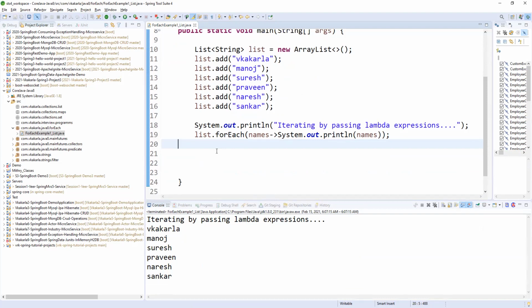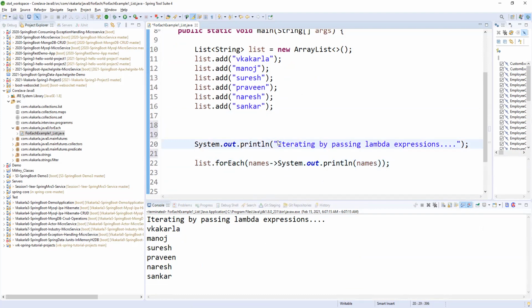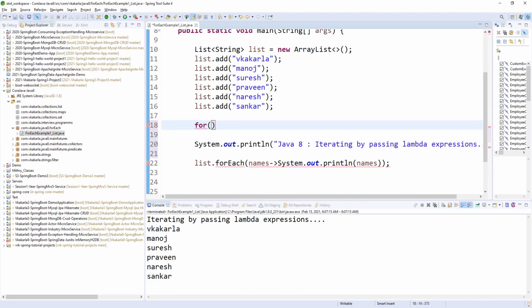So what did we have before Java 8? This is the Java 8 feature. Before Java 8, how were we iterating the loop? This is called an external forEach.